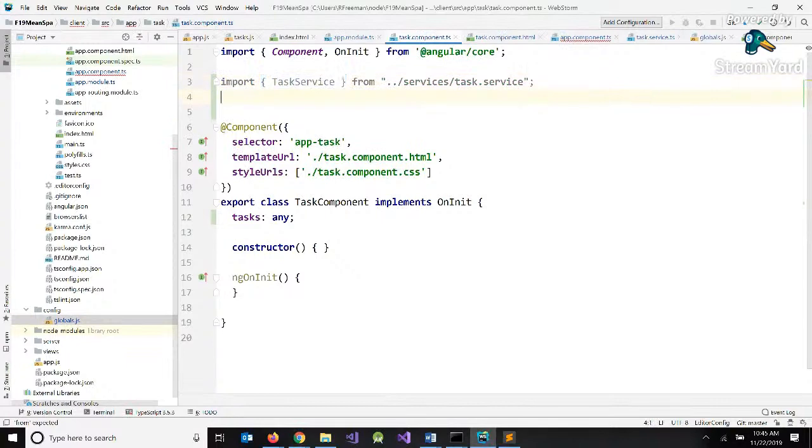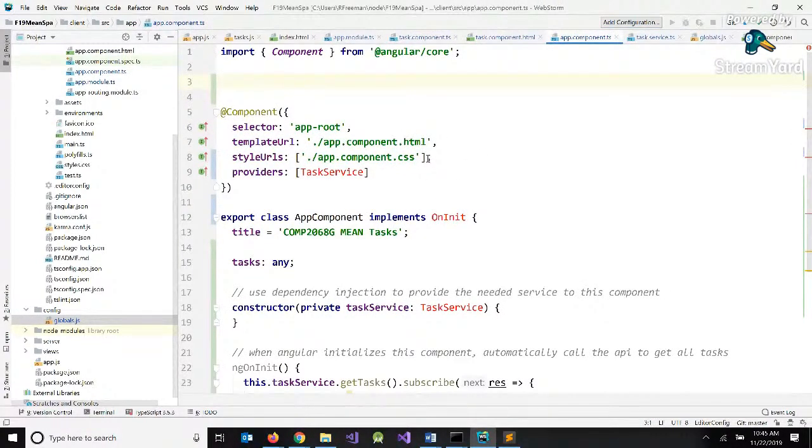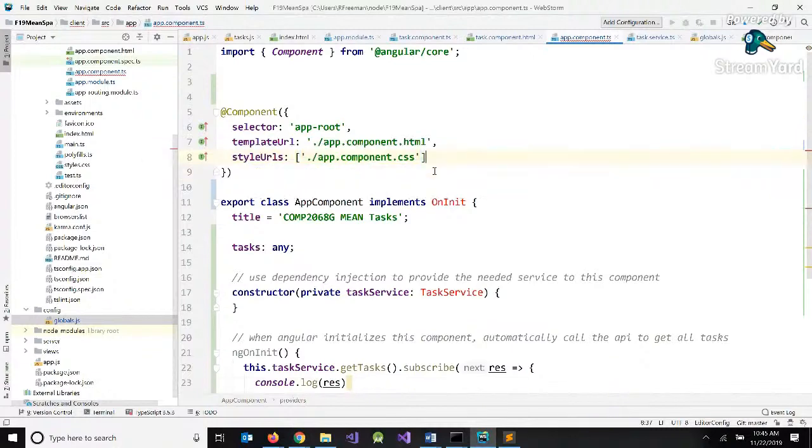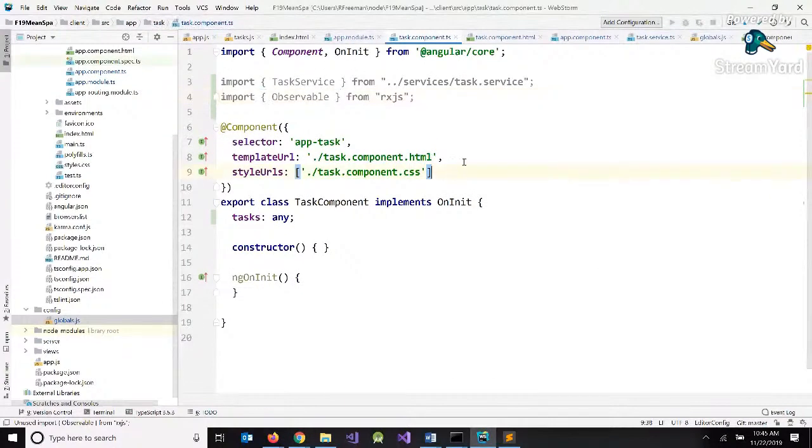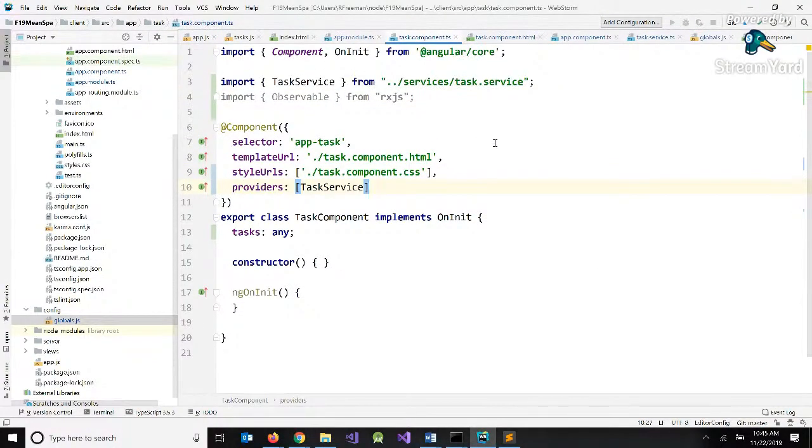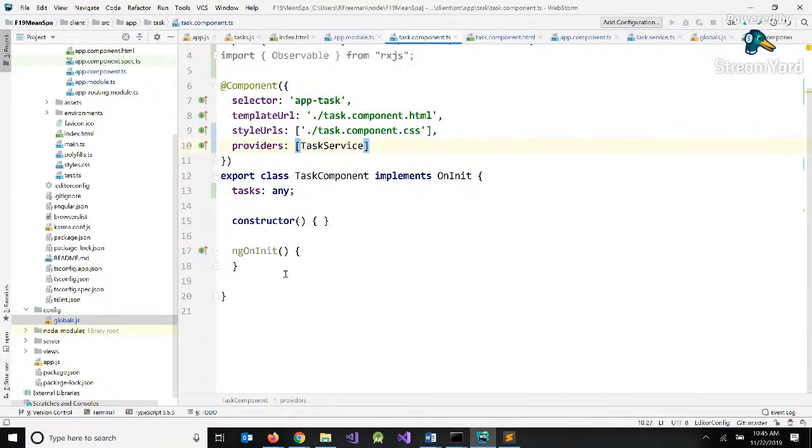We want import task service and import observable. My provider should be for the task component. My constructor needs